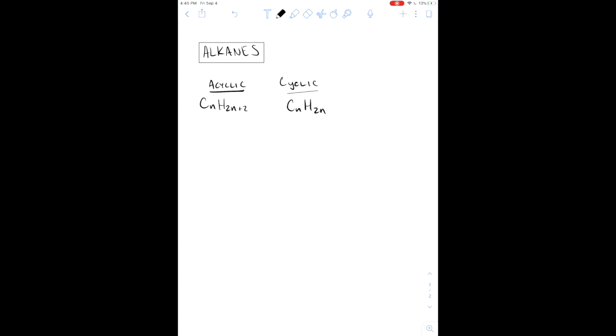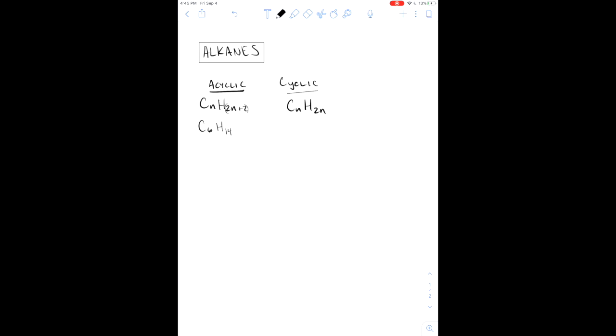So for example, if I had 6 carbon atoms, which are very easy to count in the skeletal structure, we would do 6 times 2, which is 12, plus 2 is 14. So for an acyclic alkane, if it has 6 carbons and nothing else, then that means we have